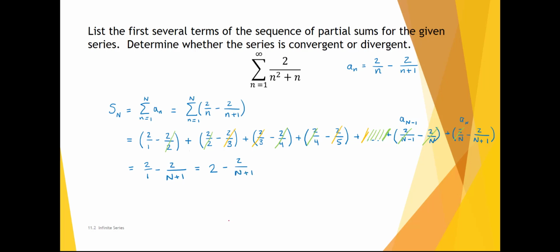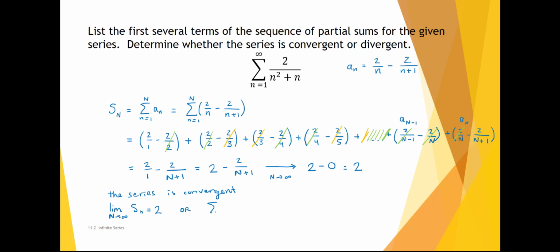Now this expression is much easier to understand. We know that as capital N approaches infinity, the fraction 2 divided by N plus 1 approaches 0. So we have the limit of 2 minus 0, which is 2. This tells us that the series is convergent because that limit exists. Notation-wise, we write that the limit as N approaches infinity of S sub N equals 2,